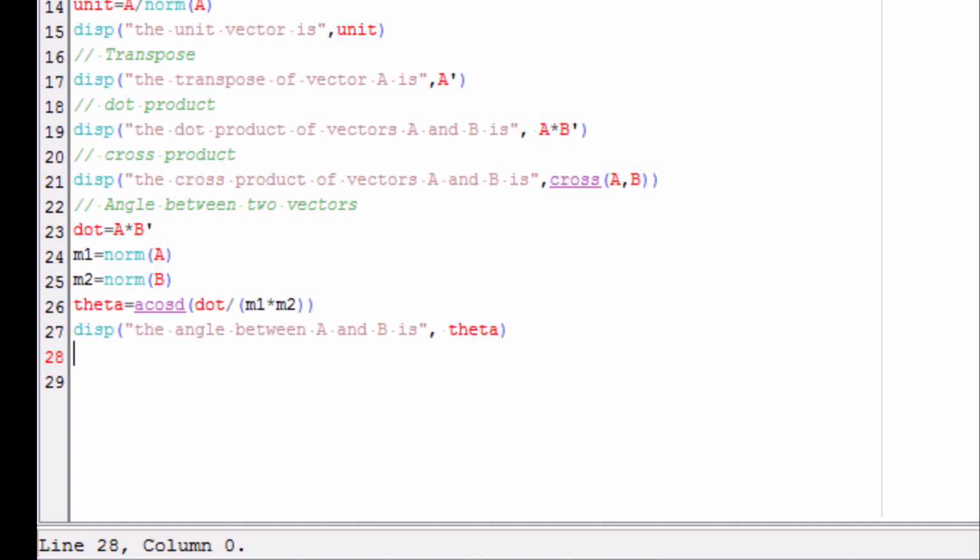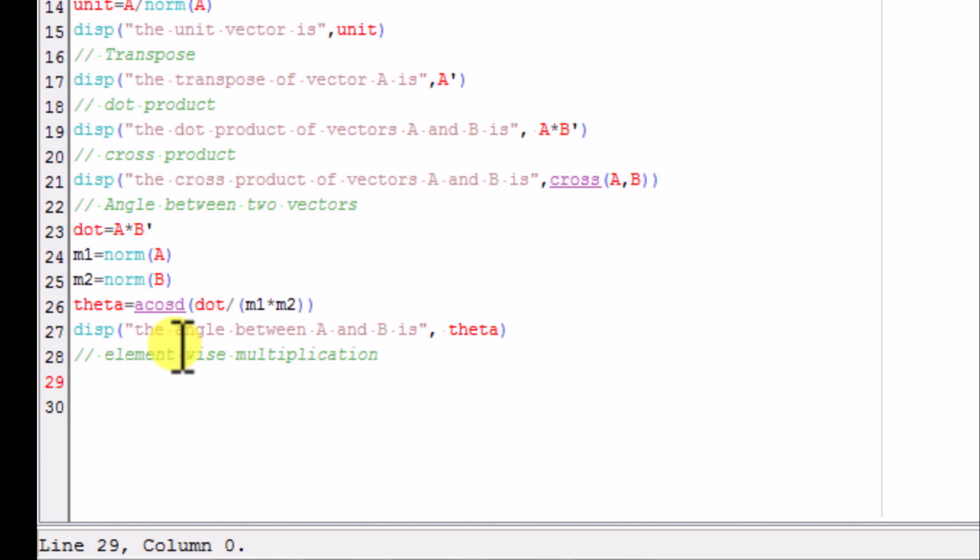Now, what is element wise multiplication? Element wise multiplication means 3 will be multiplied with 1, 2 will be multiplied with 2, and 1 will be multiplied with 3, and we will get a third vector using this multiplication. So let us see element wise multiplication. This is a very good topic.